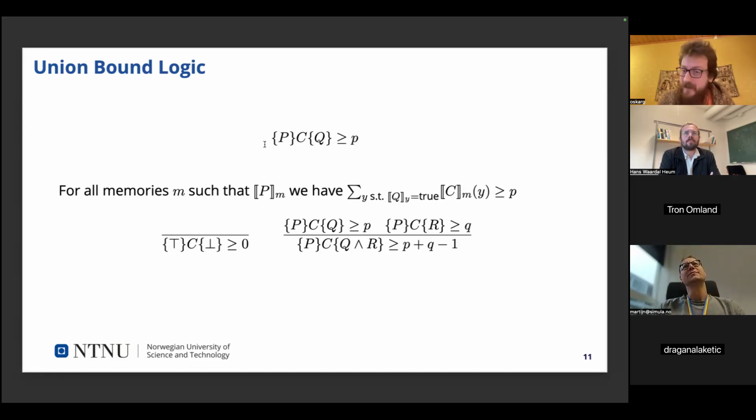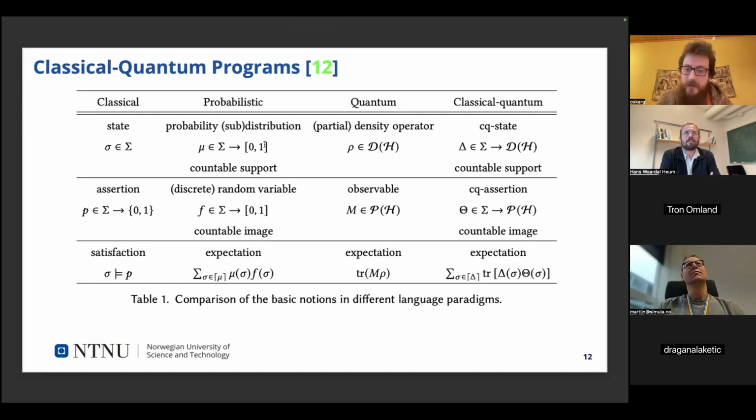Because now you can no longer do this nice thing of having a predicate at the beginning and a predicate at the end, because you're talking about this quantum state. And in fact, what they do in this paper is about classical quantum state and programs, because there are some papers which work directly with quantum computation.